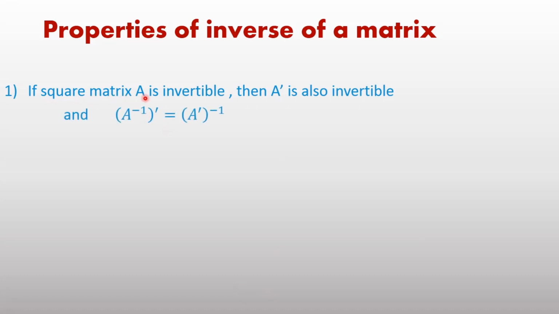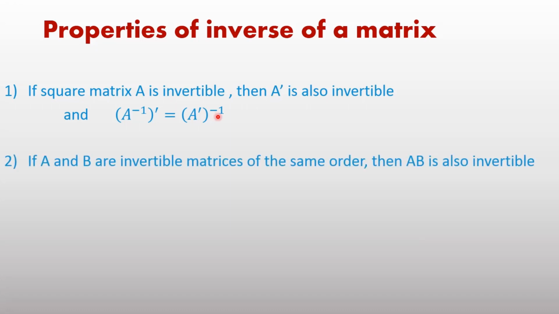If a square matrix A is invertible, meaning determinant of A not equal to 0, then determinant of A inverse is also not equal to 0. And also we can write A inverse whole transpose equal to A transpose whole inverse. These two results are for the inverse of a matrix. Now next,